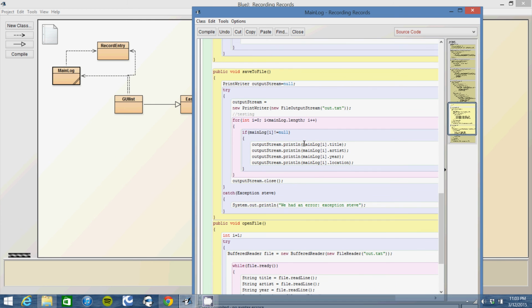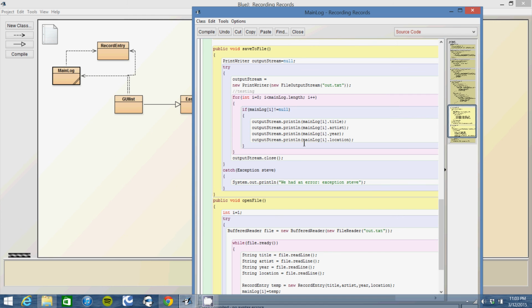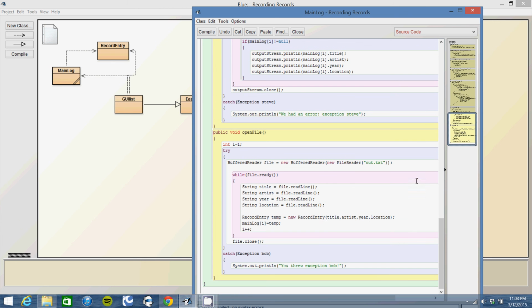And then finally, at the bottom, we have save to file and open file. Basically what these do is make a local text file in the folder of the program, and it puts in each string from the record entries individually, on their own line. And I do that because when open file is called, it can go through the file and look at each line as one string, and it'll save them all in order as record entries. So it saves them in order and then opens them back up in order, so it's all set up when you open your